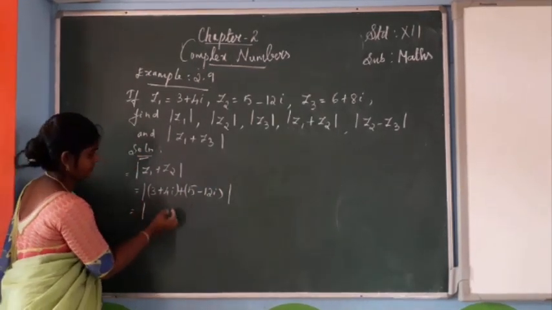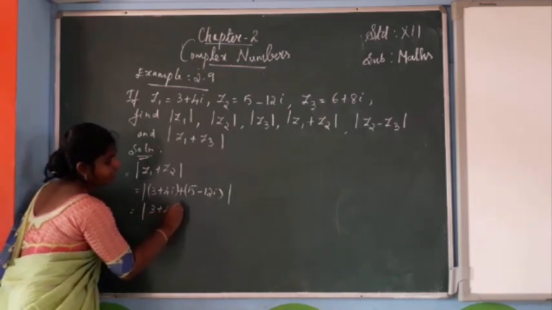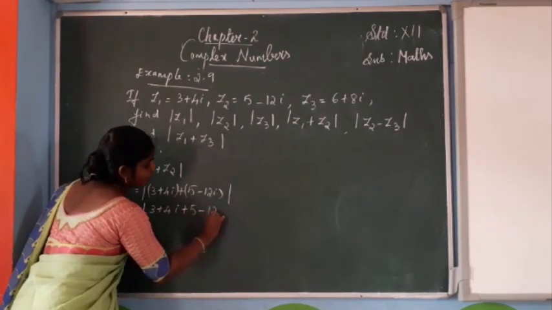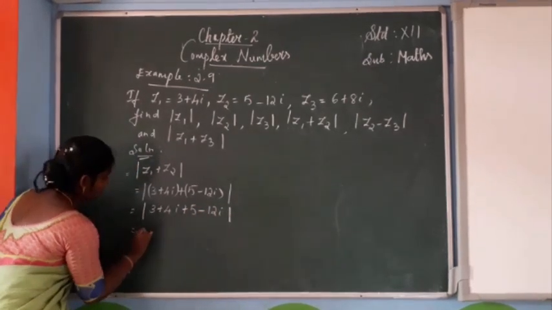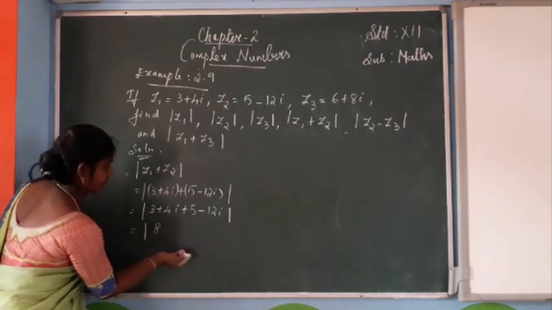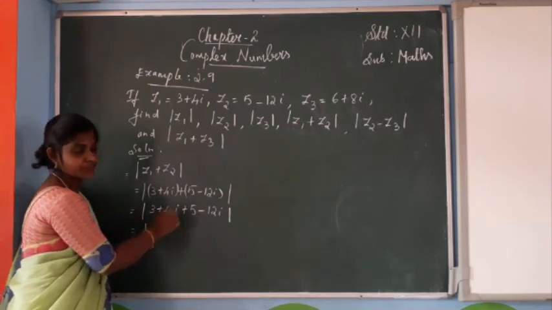Remove the brackets: 3 plus 4i plus 5 minus 12i. That's equal to 3 plus 5, 8, and 4 minus 12,